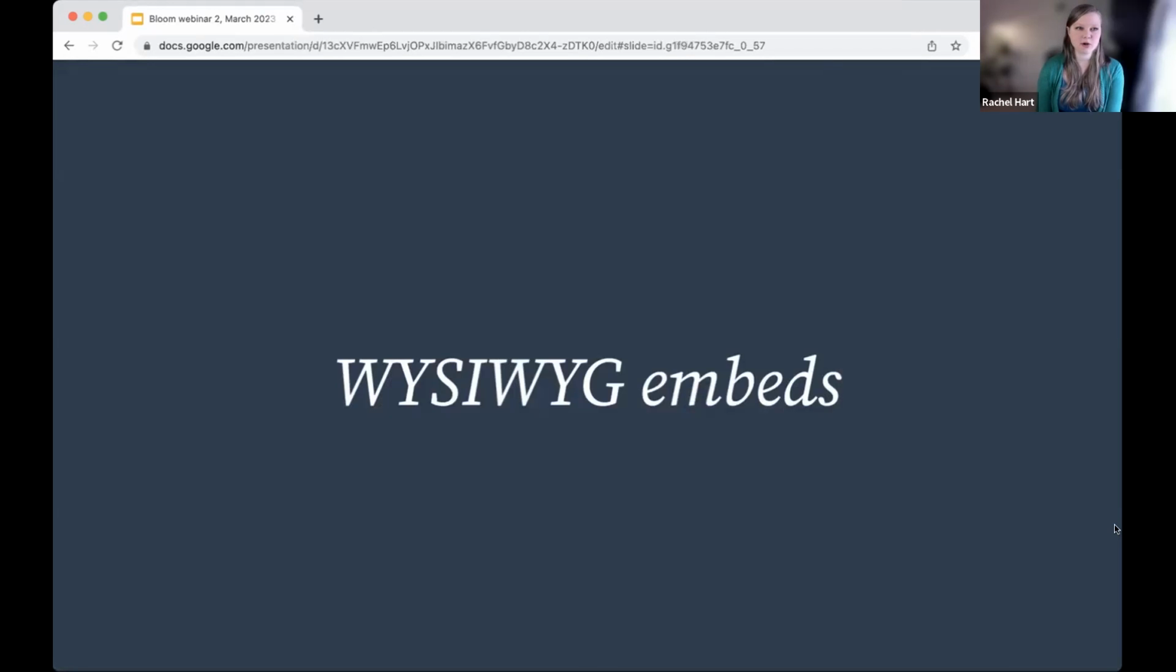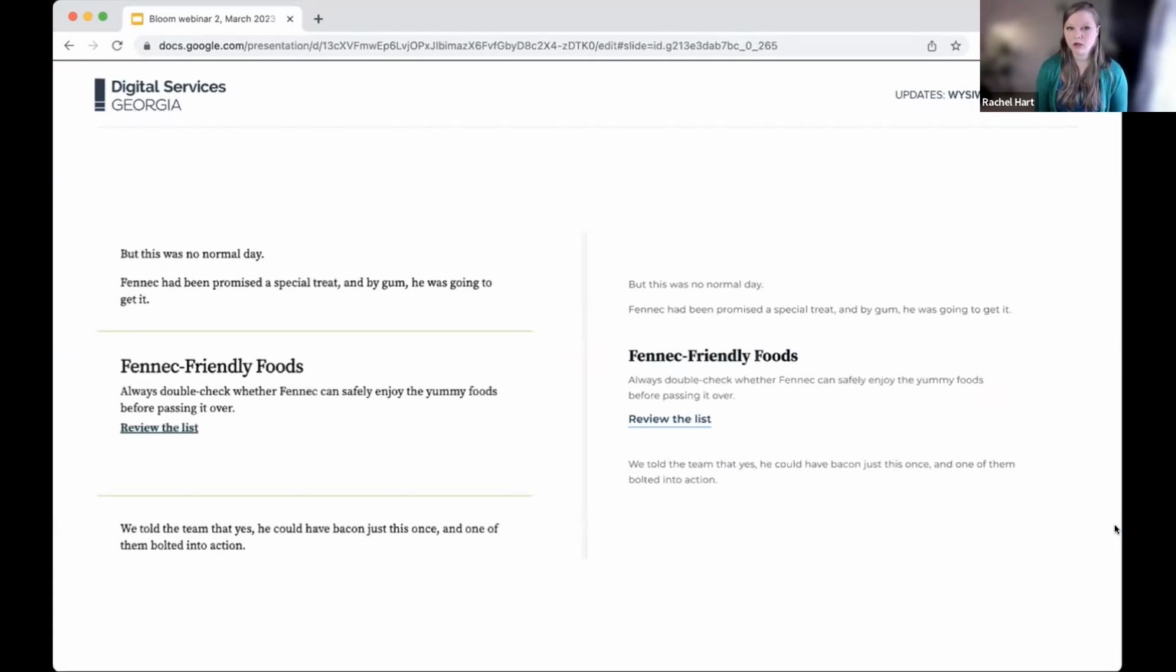WYSIWYG embeds. So this is if you're on a news page or on a topic page or anywhere else where you have that edit box that you can embed other content into. So right now, you have 3 options for how you can align that embed within the rest of the content. You can make it full width, align to the left, or align to the right. Full width, currently, it's really separated from the rest of the content. So it has these accent lines,